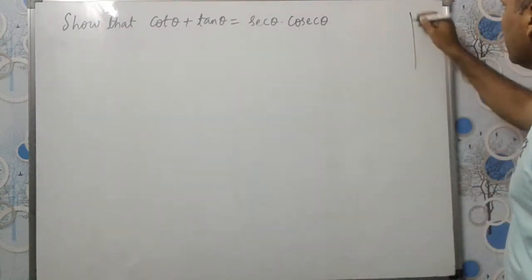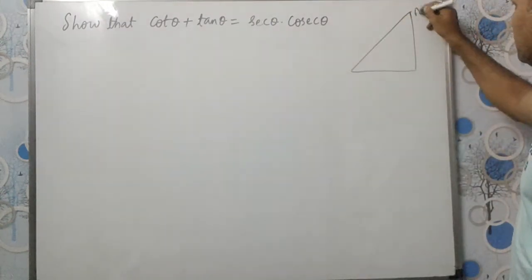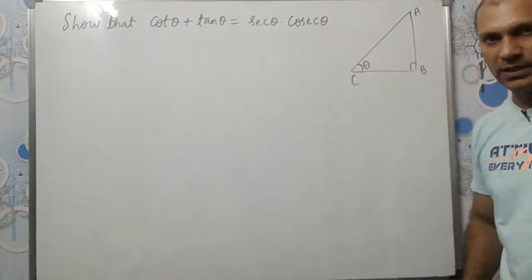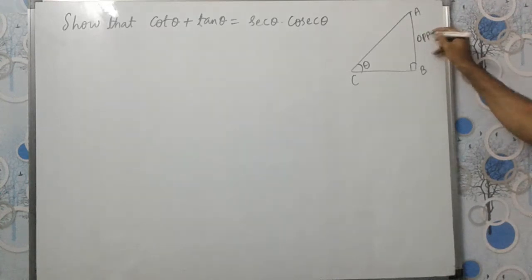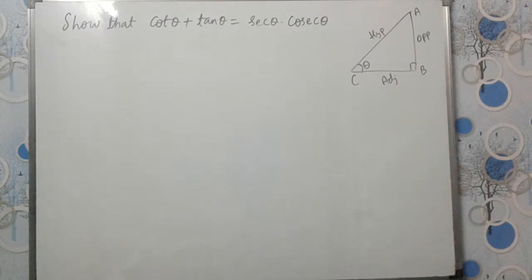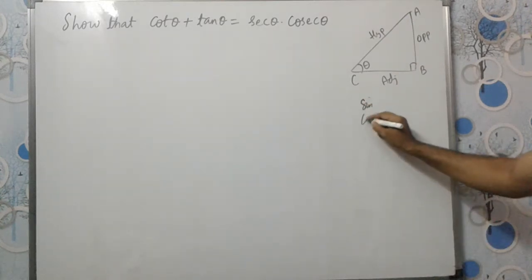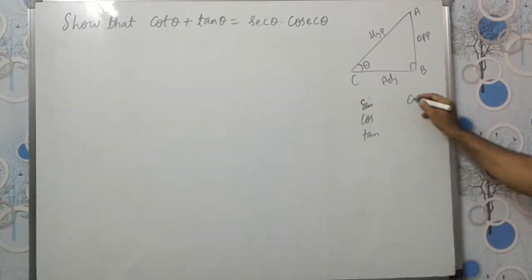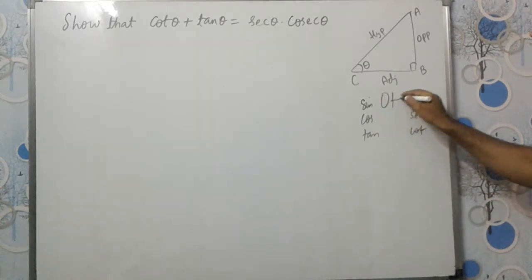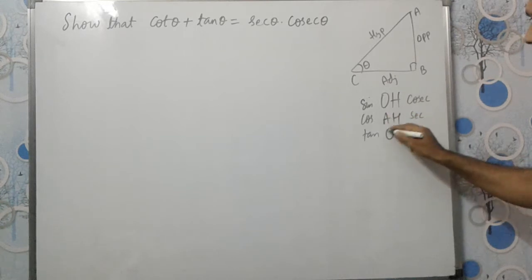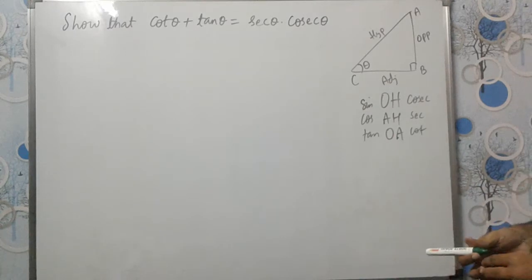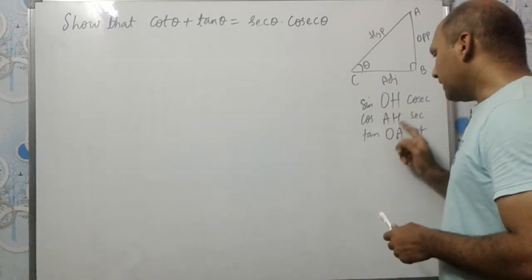Another one is using a right angle triangle. Let this be A, B and C, theta be here, and angle B is 90 degrees. So this will be the opposite side, this will be the adjacent side and this will be the hypotenuse. Now we have sine, cos, tan, cosecant, secant, cot. What is the line I told you to remember? Old hero and his old acting. We learned this in one of our first videos in trigonometry.